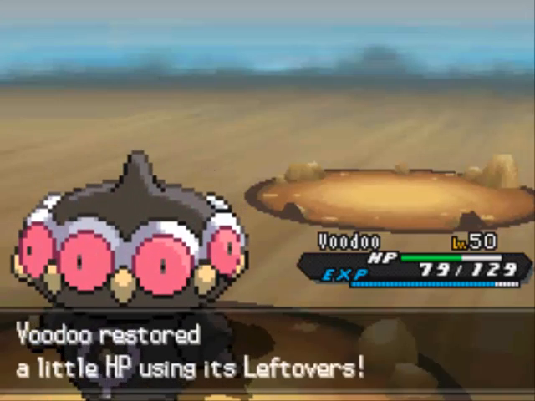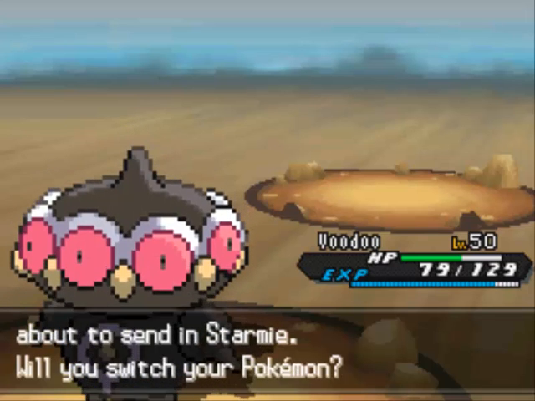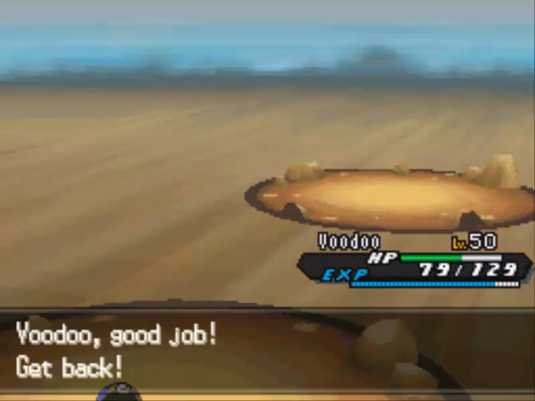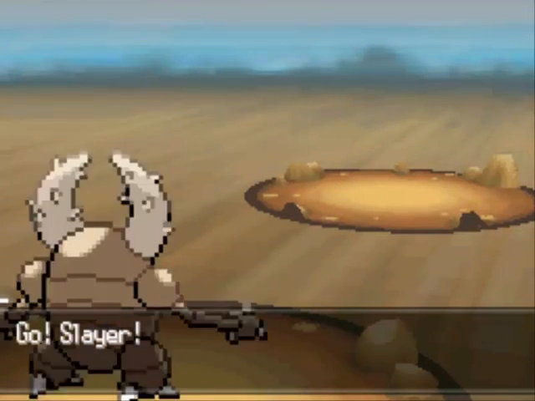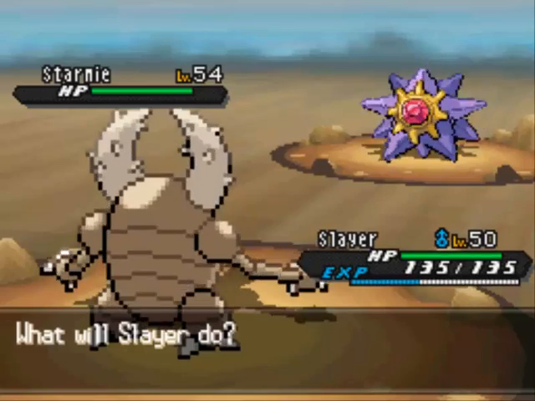I need Claydol to get a little bit more experience to get to 51. Oh, but she's gonna send out Starmie. Pretty good counter. Well, I guess I'll go to my other Pokemon that's not at level 51, and that is Slayer, my Pinsir. Once I get these guys up to 51, my whole team will be evened out, which is always what I aim for. Starmie's a pretty good Water and Psychic type Pokemon, but of course I got X-Scissor,